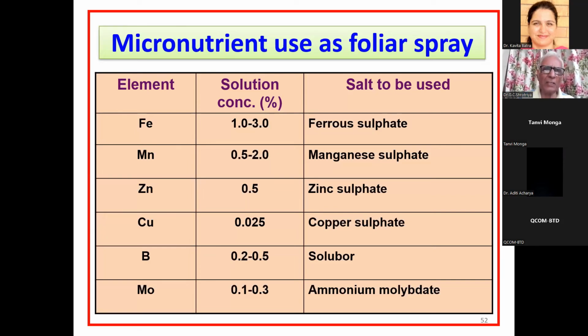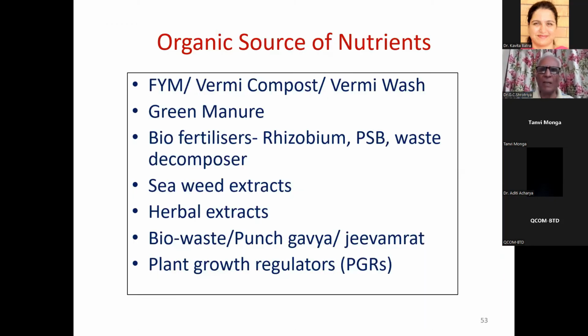You can apply it through foliar spray with this concentration and with these salts. These are for ferrous sulfate, for iron deficiency. You can have 1 to 3% solution, 0.5 to 2% solution of manganese sulfate, zinc sulfate 0.5% solution, copper 0.025% solution. Solubor is for the boron, and in a very limited quantity is needed. Ammonium molybdate at 0.1 to 0.3% concentration. So this is how. Then there are organic salts also,